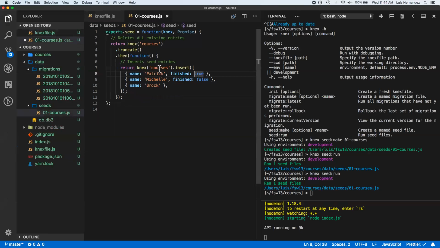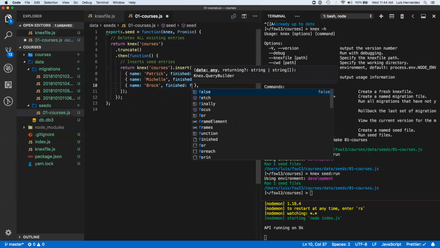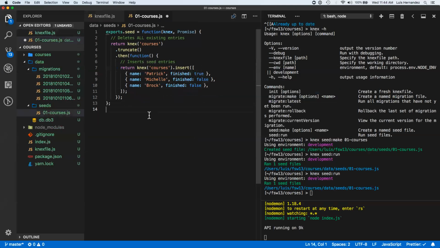And then you go into your seed file generator and you add the data, just JavaScript objects with the values that you wanted. So let's fix this. Finished, false. Like that. And Knex is just translating that into what the database needs, which in this case is going to be a 0. So if I run that again,